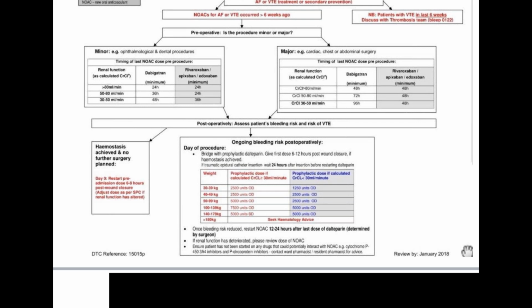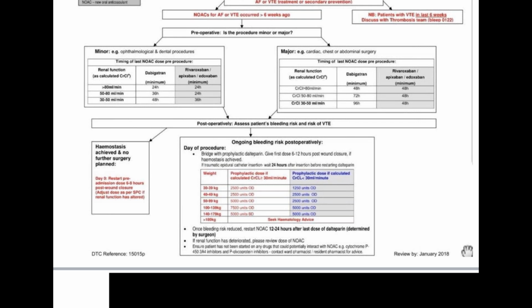The first row says if creatinine clearance is more than 80 ml per minute, which is our case, rivaroxaban will be stopped at least 48 hours before the surgery. So the timing of the last dose pre-procedure will be 48 hours before the surgery, because her creatinine clearance